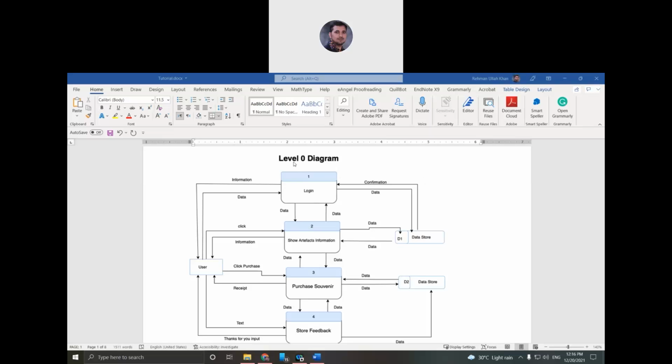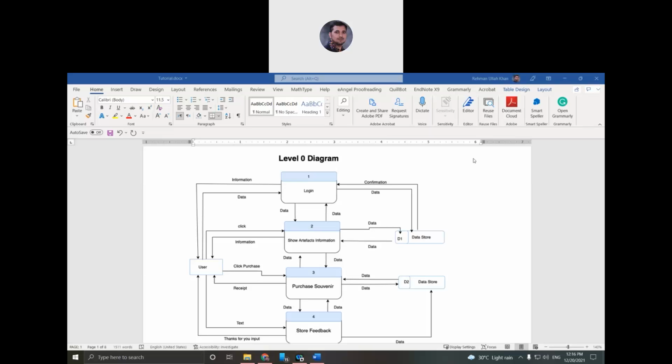In level 0 we are providing a bit more detailed version of the system than the context diagram. The context diagram is too general. Then here we are giving a bit more detailed one, but not so much detail that we are explaining every process in too much detail.